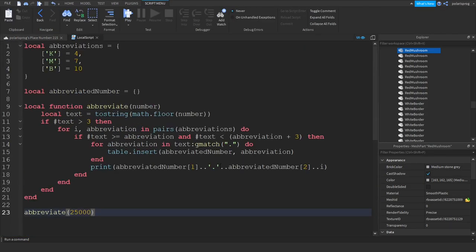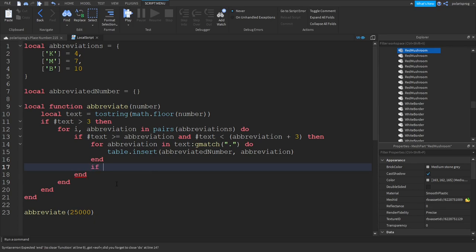Okay, so remove this, or you can just copy it, or just cut it. So if hashtag text is equal to abbreviate. Okay, so just copy this. If it's greater than the, or actually don't copy it. So if hashtag text is greater than the abbreviation, then